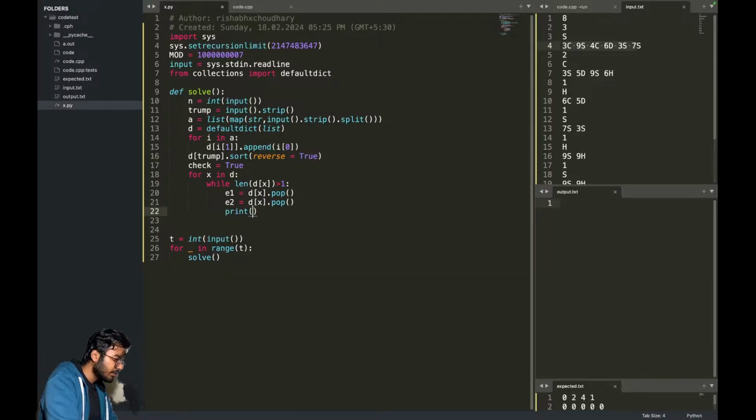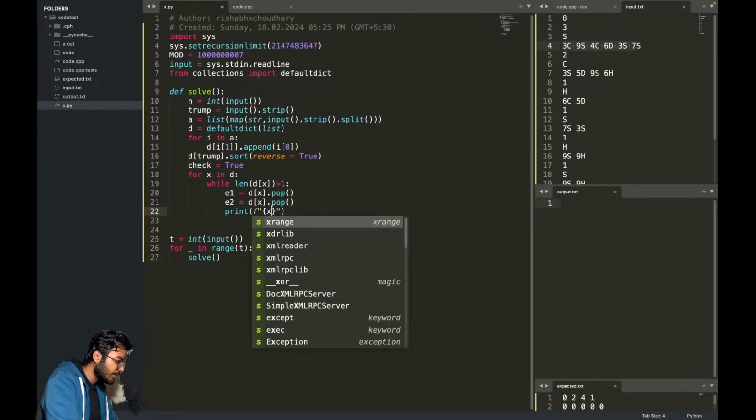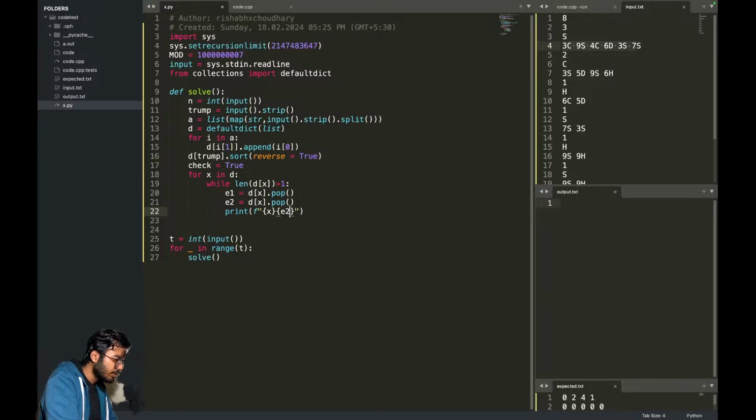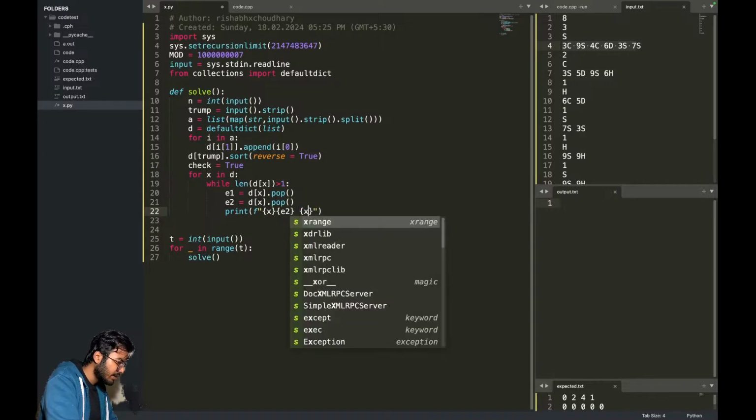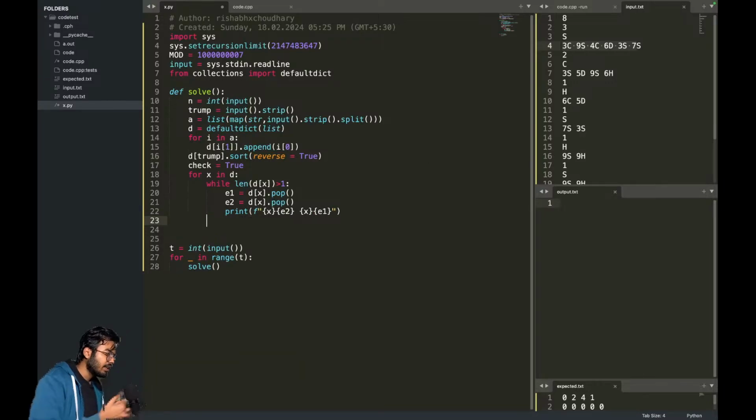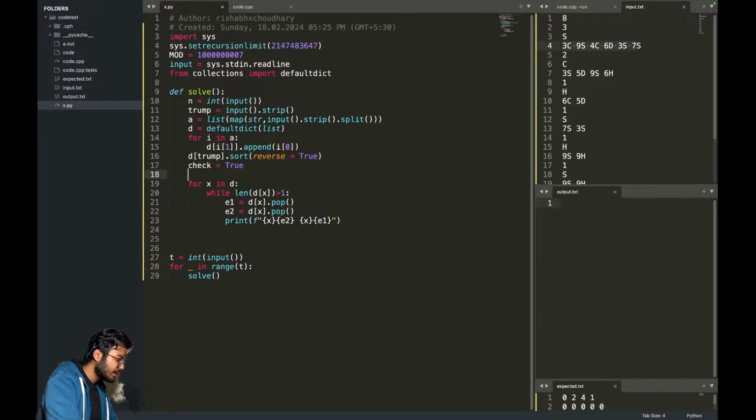Then I will have to print what? X, f string. Let's print an f string. First thing I'm going to print is x. Then I have to print e1 and e2 with a space. Then I will print x and e1. Yeah. So I will keep printing these. Actually, no. I have to, let's say answer is equals to this. I will append it in my answer. So let's say answer plus equals to this string with a slash n, obviously. Now, once I have this,